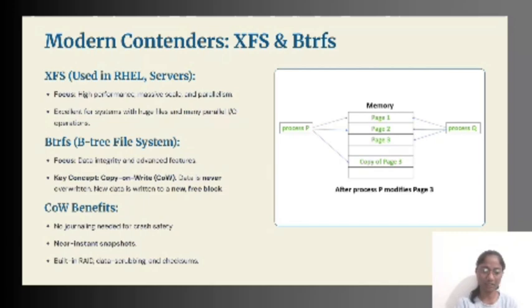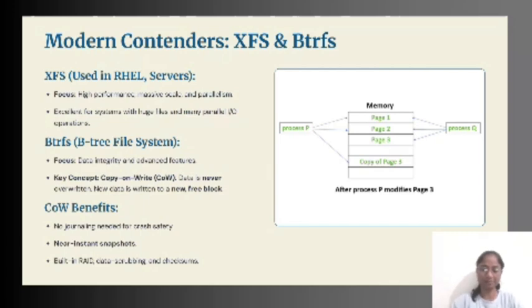Now, the second one is near instant snapshots. That is, BTRFS can make instant snapshots. This means it can save the current state of the file system in seconds. Very useful for backup. Third one is built-in RAID, data scrubbing, and checksums. It has advanced features like built-in RAID, and it automatically checks data for errors using checksums, which helps prevent